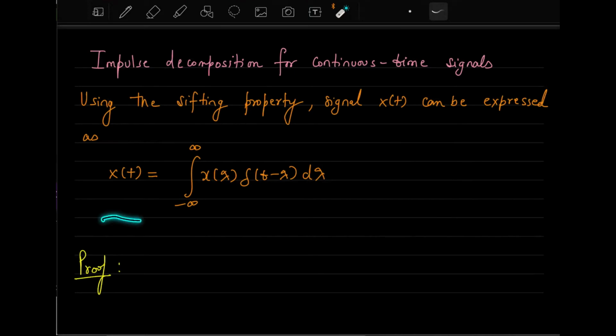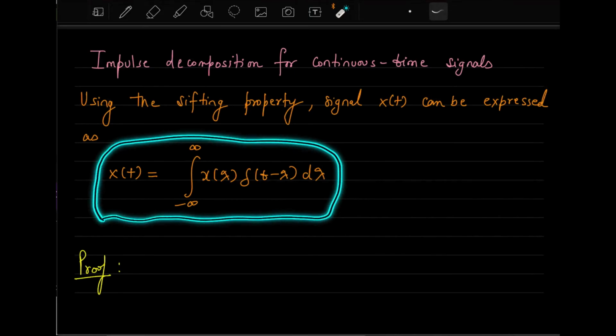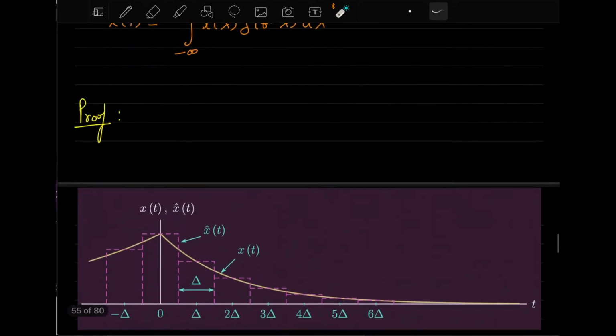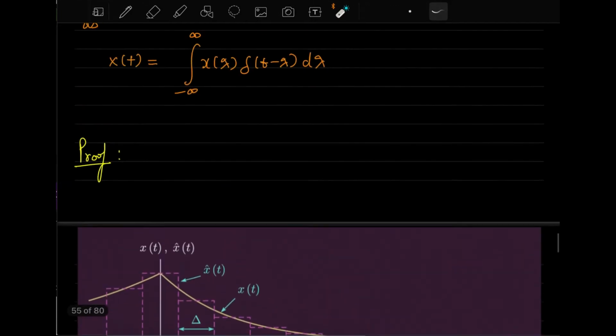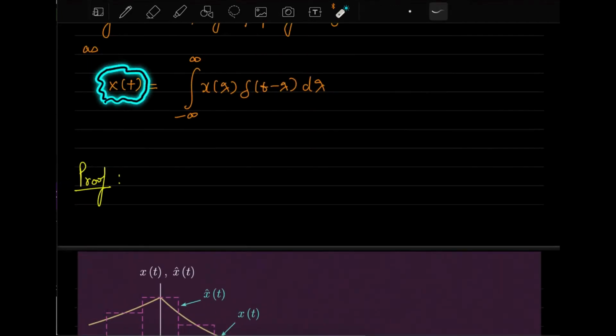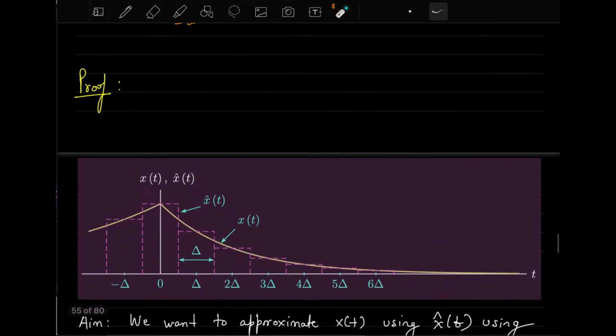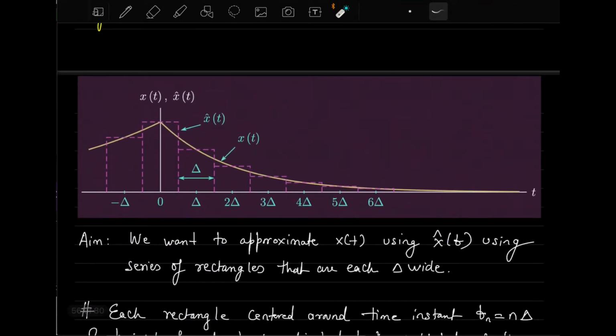In order to prove this particular expression, we will look at this figure here. If you observe, this figure has various components. The first component is the original signal x(t), which we are trying to come up with, because here you can see we want x(t) to come out. So we are trying to formulate and prove this expression that this will give you x(t). Our original signal is x(t), which is given by this line. This is our original signal.